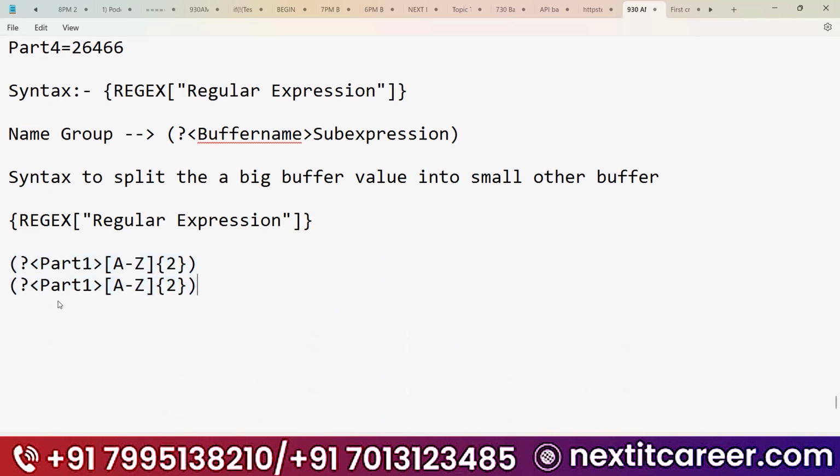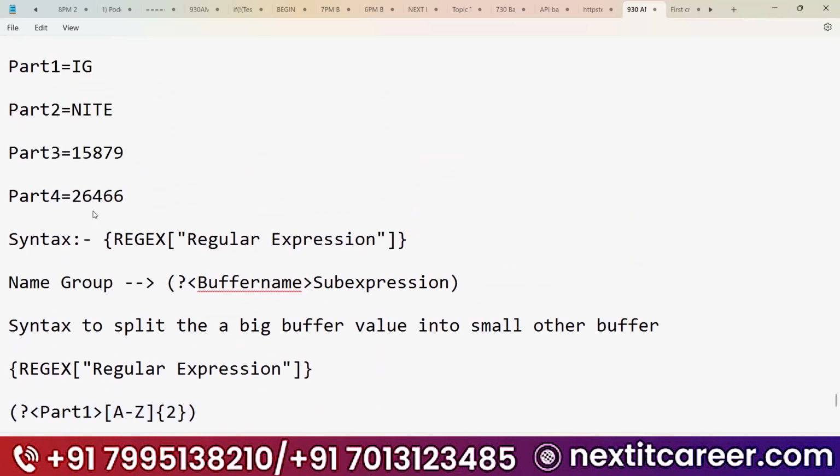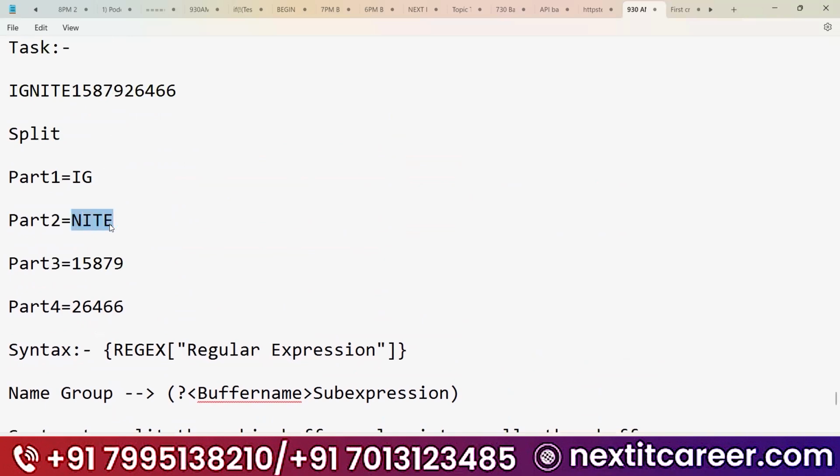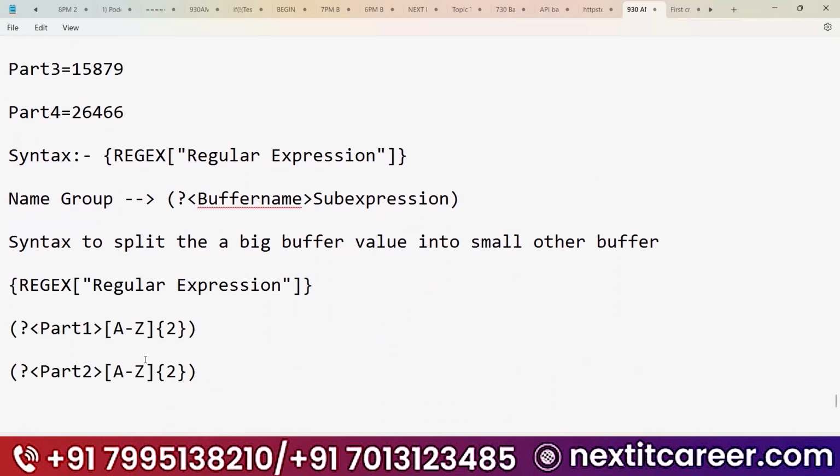So this is for part one. Now we will do for part two. Okay. So in part two, we will just change the name. And what is the part two we need to divide? We need to divide 4 A to Z, just give it 4. Else also you can give star. Okay. So star also you can give. What is that meaning?